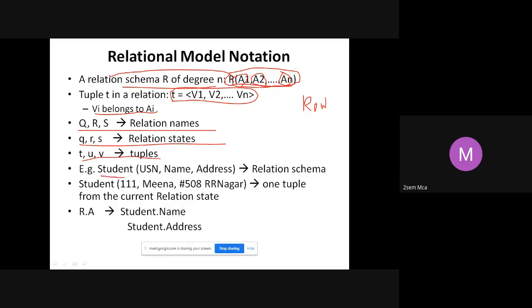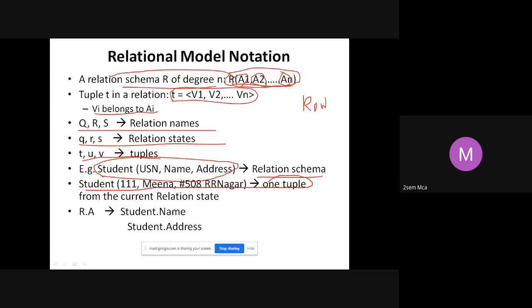See the example. Student is a relation consisting of attributes USN, name, address. That is called a relation schema: the relation followed by a set of attributes. Next, for student, we are showing some values: 111, Meena, 508 RR Nagar.